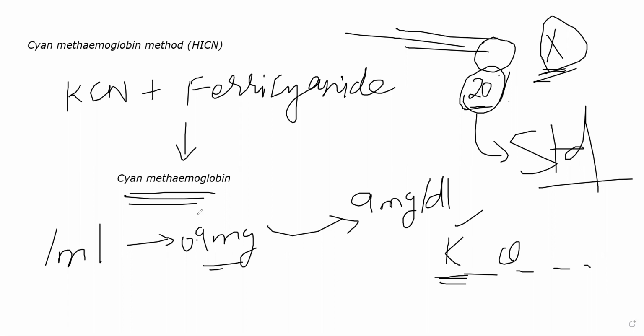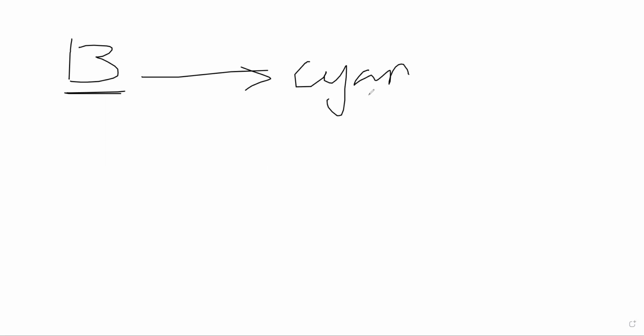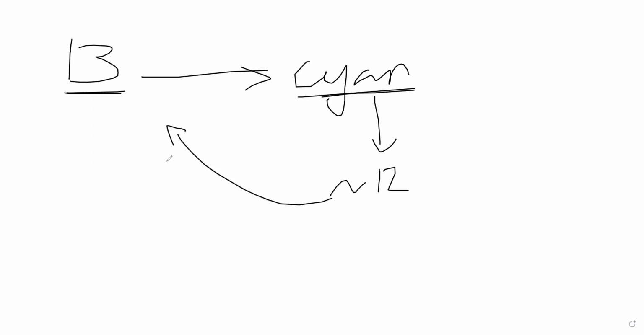Almost all the hemoglobin that you have, for example, let's suppose someone's hemoglobin level is 13, almost all of their hemoglobin will get converted into cyan methemoglobin unless they have a few sulfur compounds and sulfhemoglobin present in their blood. That sulfhemoglobin will not get converted, but almost the entirety of it will get converted. So if you are getting a level of cyan methemoglobin by measuring absorbance, let us suppose somewhere close to 11 or 12, it is safe to assume that their hemoglobin level will be very close to 13. ठीक है, आप इनडायरेक्टली मेजर कर रहे हैं, आप साइन मेथामोग्लोबिन मेजर करके बता रहे हैं कि हेमोग्लोबिन लेवल पेशेंट का इतना है. ठीक है.